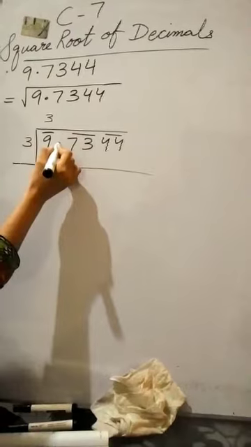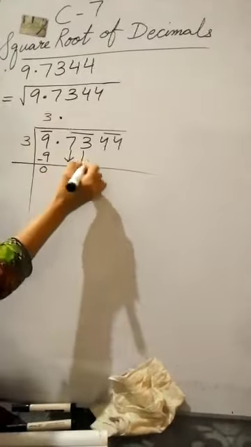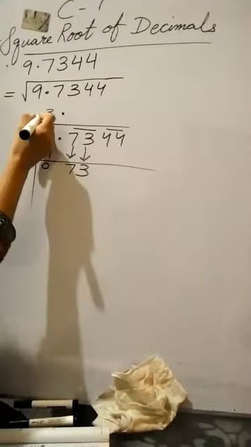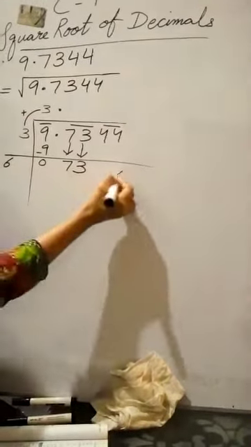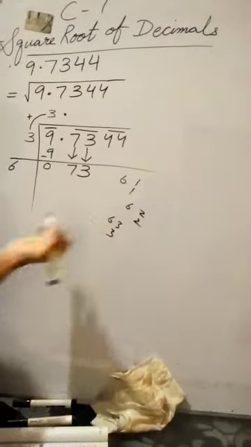Now the turn of decimal. Decimal will go in the quotient. Just go in the quotient and write your next pair. Next pair means next value. For finding the new divisor, add your quotient and divisor. 3 plus 3, 6. Now same 6, 1 time 1, 2, 2, 3, 3, check with 3, 3.